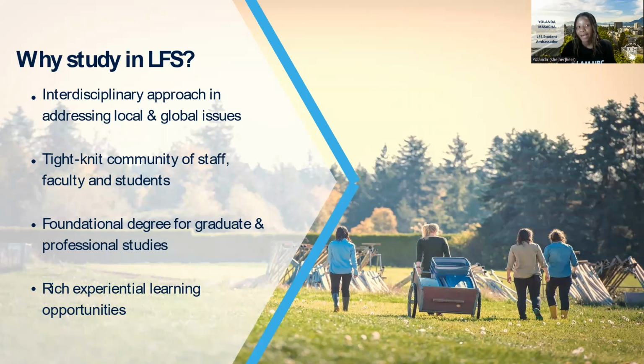We have an applied biology specific advisor to our program. So if you would like help, if you want to do veterinary science, if you want to do research, if you want to be an agrologist, they can really help you tailor your degree towards what you're interested in, and you'll be within a community that is supportive, as Maddie highlighted at the beginning of the session, of how LFS is really a close-knit community where you get to know your peers and professors at a more personal level. You can get opportunities to get involved in, as I'm working now in a Workland role, as well as Oceania, who's also working within the LFS student services. You can volunteer, and they can really help you